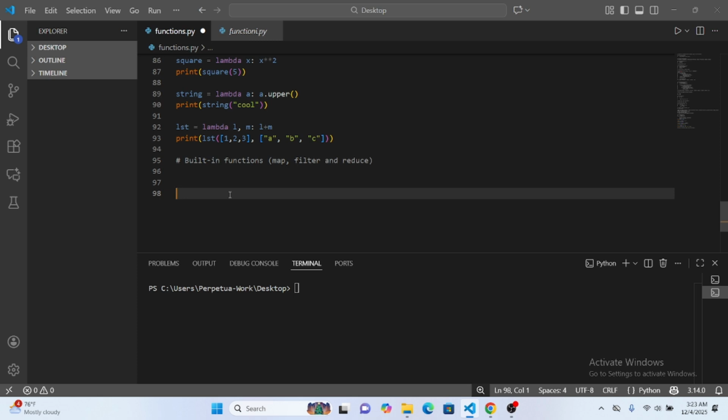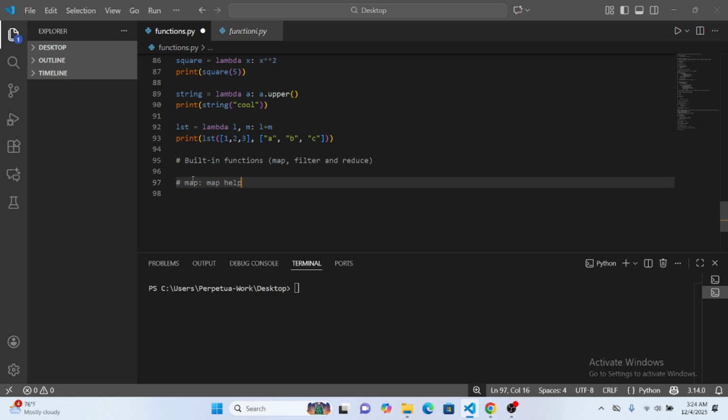Well, they are handy and helpful because they help you to go over an iterable without writing a for loop. Now, I'm going to explain all of them one by one, and I'm going to write a few comments on each of them. Now, I'm going to write about map. So map, and then my colon. Map helps you to apply a function to all the iterables